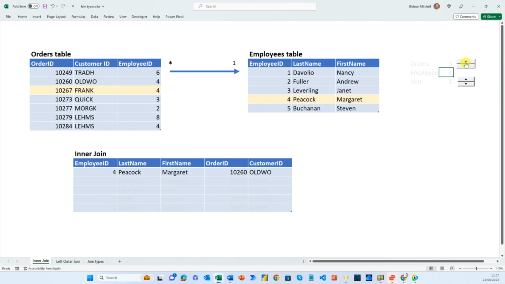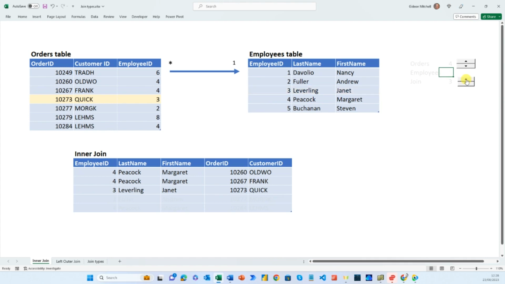So combining those two pieces of data gives us a second record in our inner join, and the only bits that are different from before are the order ID and the customer ID that come from the orders table. And we continue doing that. So next record from the left, this has an employee ID of 3. Is there a matching record on the right? Yes there is. That's Janet Leveling. So now we combine those two pieces of data to get our third record in the inner join,